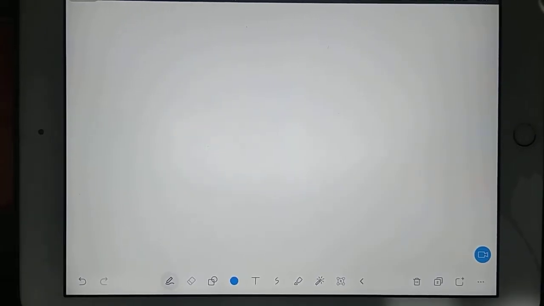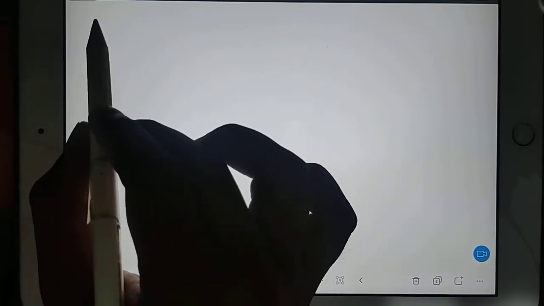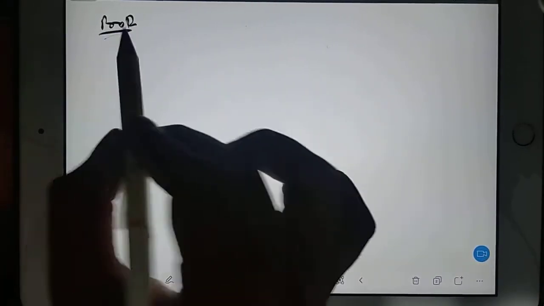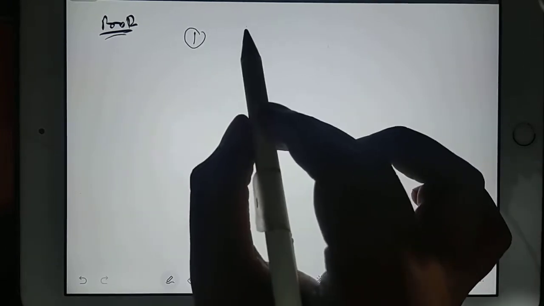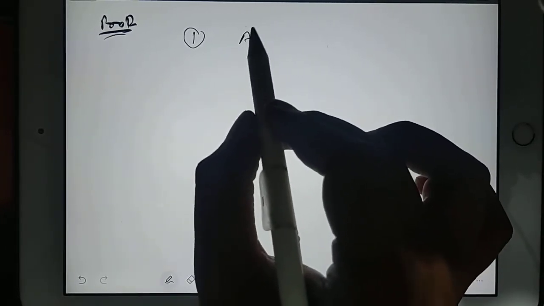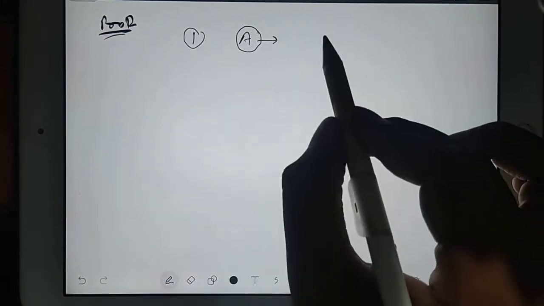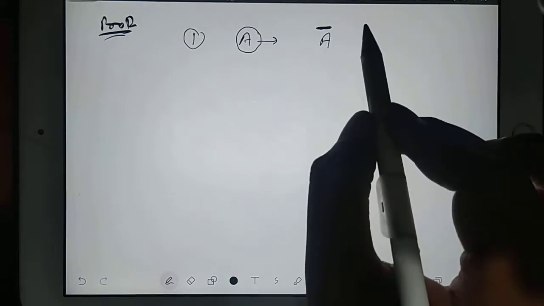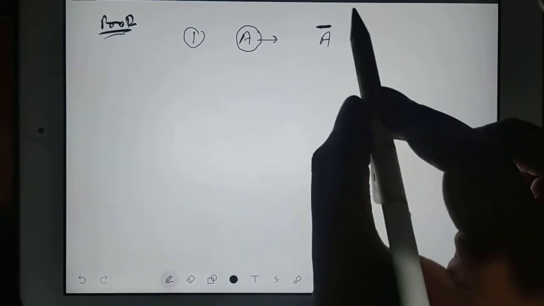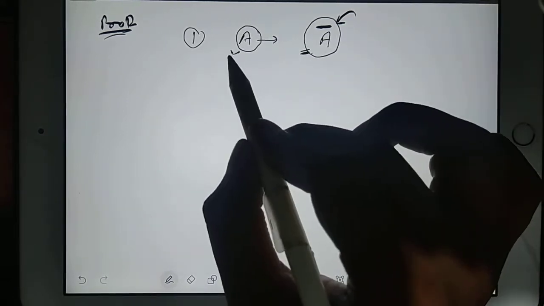Now let's look into the properties of the conjugate matrix, because based on the properties also they can ask some questions. So let's take down the heading, properties. In that we'll see the first property. Suppose you have any matrix. If you find its conjugate matrix, you will draw it like this, A bar. This bar represents that this total matrix is the conjugate of the given matrix.